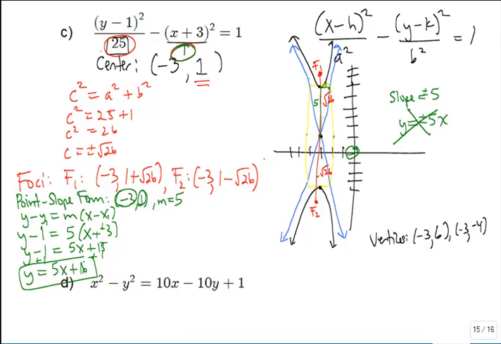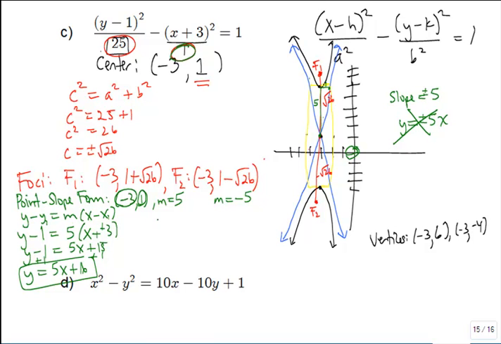Now, what about the other one? What changes when I try to find the asymptote that falls, this other one on the other diagonal? The only thing that's different is the slope. It's still going through -3, 1, but this time the slope is -5 because it's falling. So we're going to do this all over again, but this time we're going to use a -5 for our